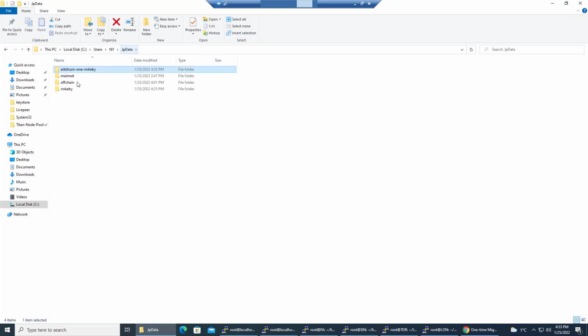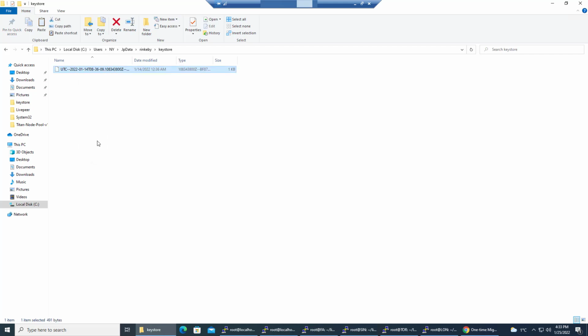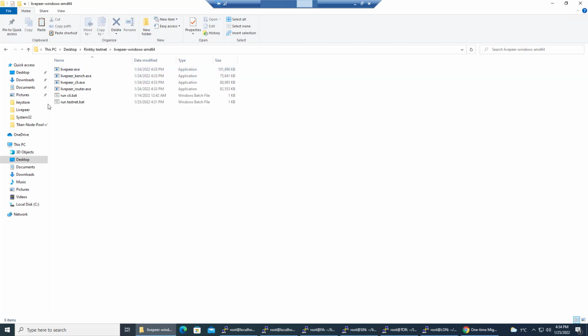So if we go back, we're actually going to copy over this Ring-B key store into that one. So we can copy this and head back, head into Ring-B 1, and put this into our key store file there. So now, because it's the only key store in this folder, which is this key store folder under the Arbitrum 1 Ring-B folder. Now when we go to launch this, if we just head back to this launch file we have,